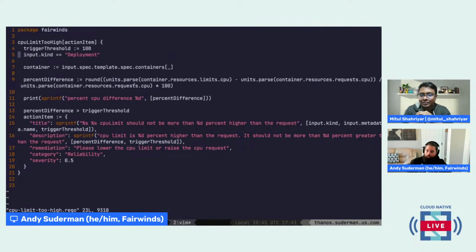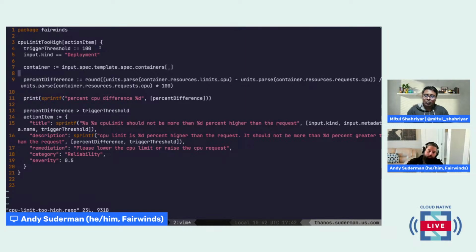We can start to get a little bit more complex here. What I'm calculating is the percentage difference between the request and the limit of this particular resource. So we're saying your CPU limit can't be more than 100% higher than your request.